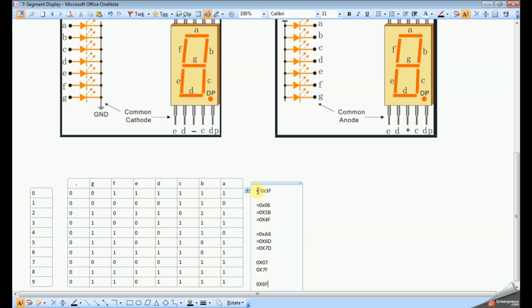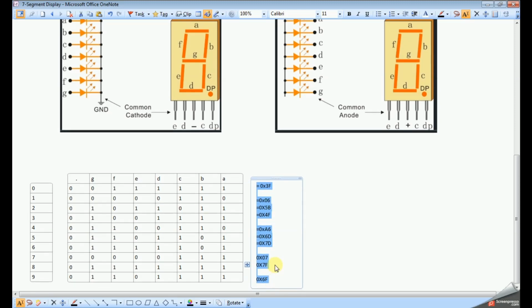So these are the hexadecimal codes to display numbers 0 to 9. Suppose this is connected to any one of the ports, for example P2, then the 8 pins are connected to the display like this: A, B, C, D, E, F, G from 0 to 7. So these are the codes we need to send one by one to display numbers 0 to 9. Let's start writing the code for this.